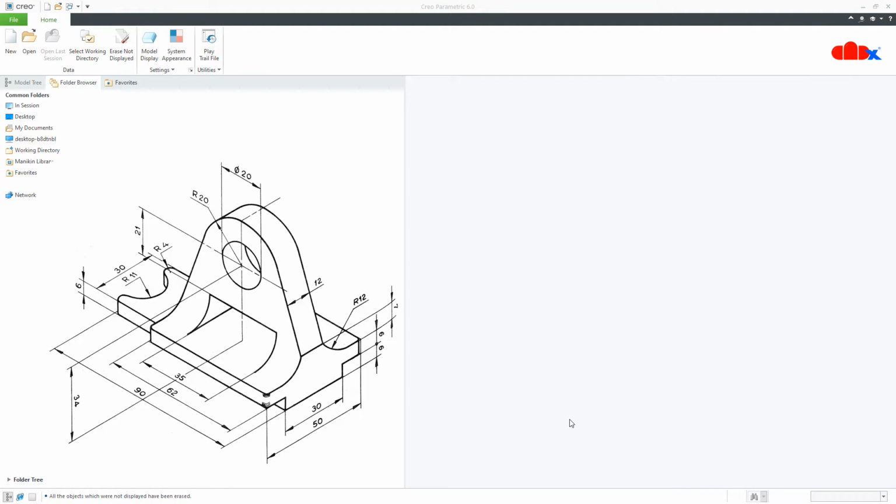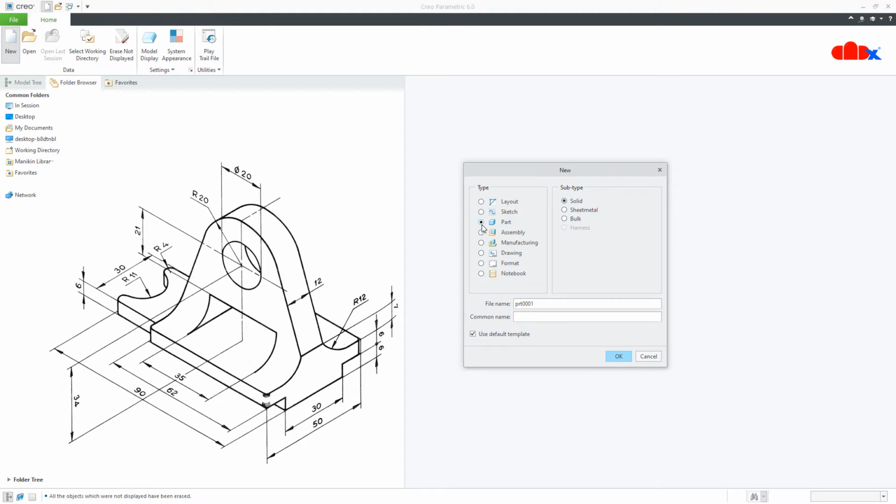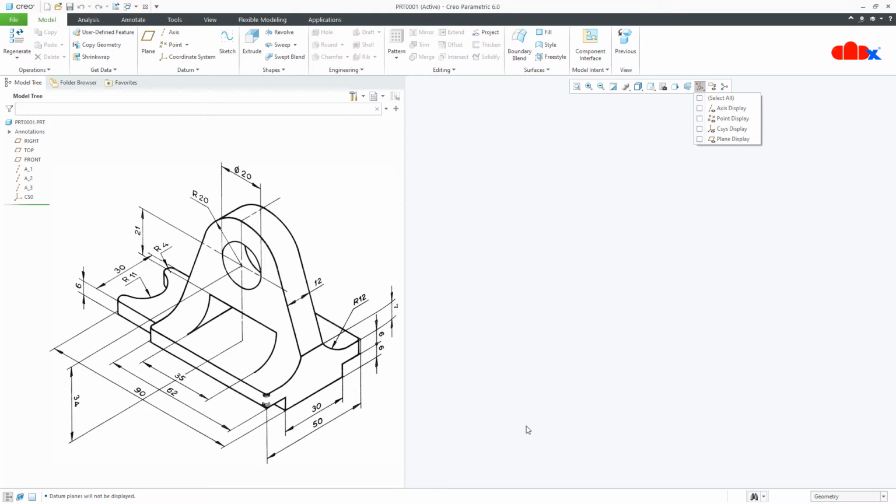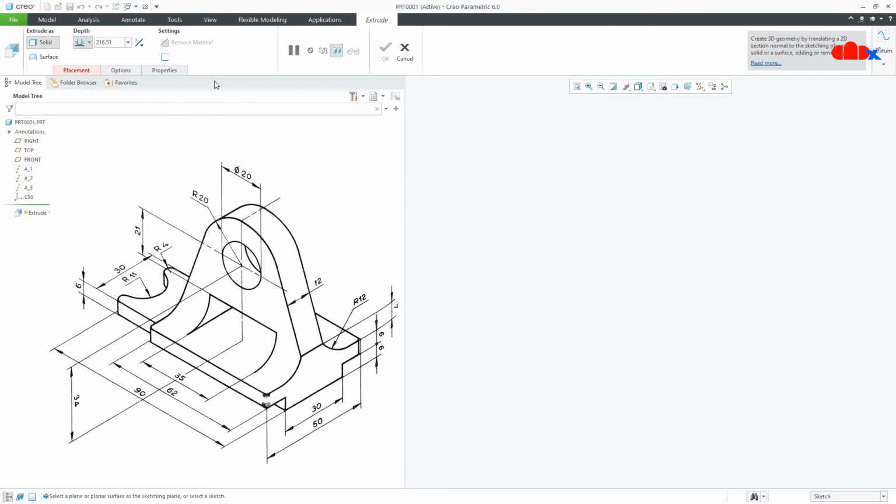So let's get started. To do this, first go to New, Part, Solid, assign the name and say OK. Now to design this kind of part, first you create all the add material features and then you go for remove material features. So let's start this part with this base, and for this go to Extrude onto the top datum